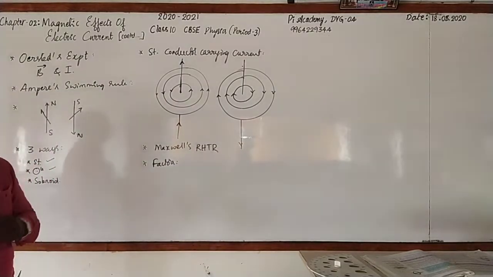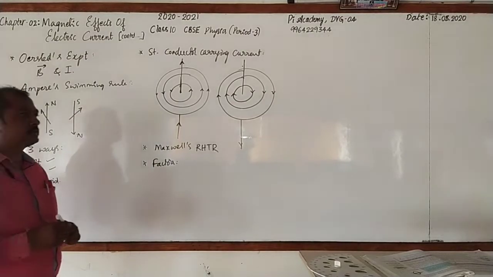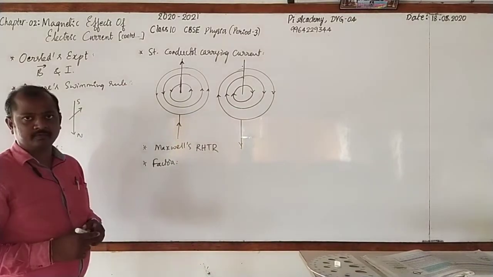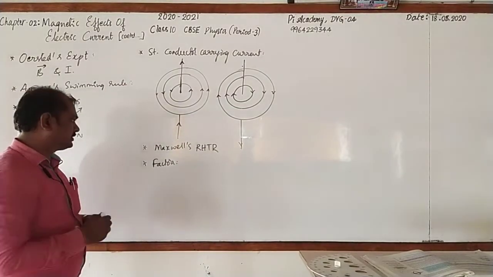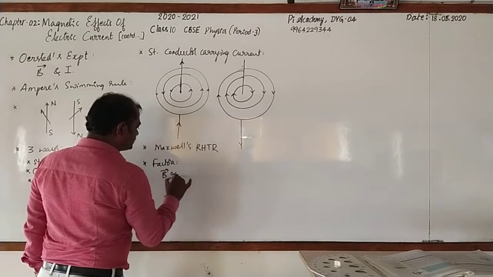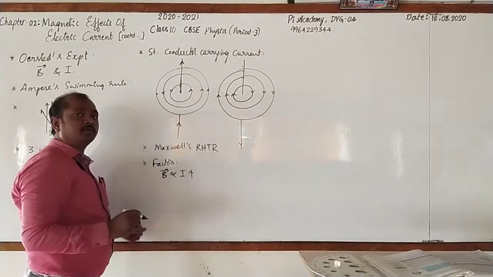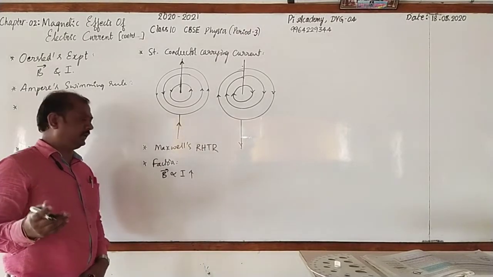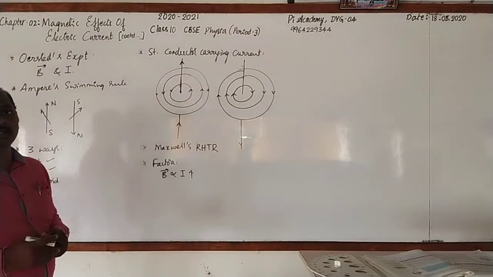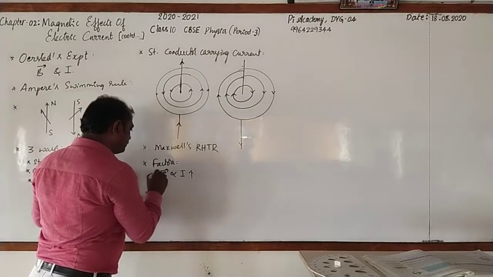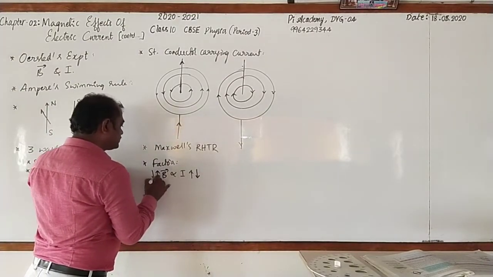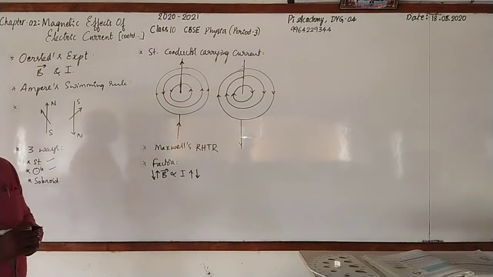strength of the magnetic field which is developed around a straight conductor carrying current depends. Yes, what are those? One is the amount of current that flows through the conductor, right? As we can write like this, B is directly proportional to I. As the amount of current increases, nothing but when you go for increasing the voltage of the battery, then the current increases. As current increases, strength of the magnetic field also increases. If it is decreased, strength of magnetic field is also decreased.